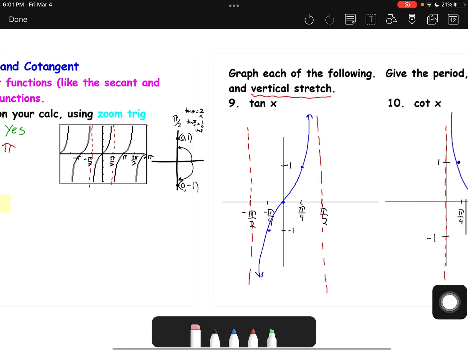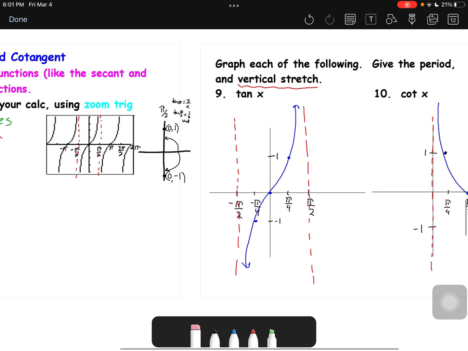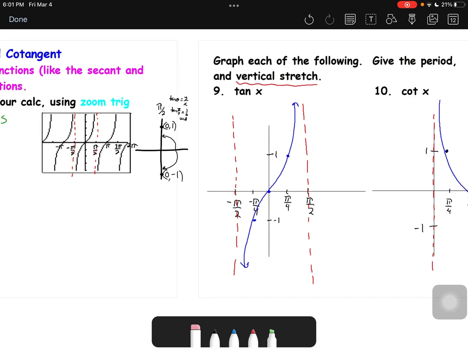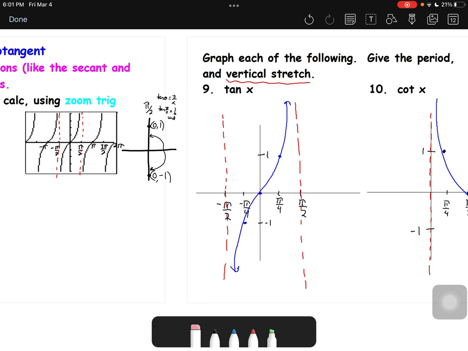All right. Over here, now they want us to graph it by hand. So if I ever ask you to graph the tangent graph, all I really expect is that you do one of these branches, and it really only takes 3 points and then your 2 asymptotes. That's all that you need to do on there. Okay, so you're going to put asymptotes at positive pi over 2 and at negative pi over 2, and then put the halfway marks on the x-axis there, because these are going to represent the vertical stretch,